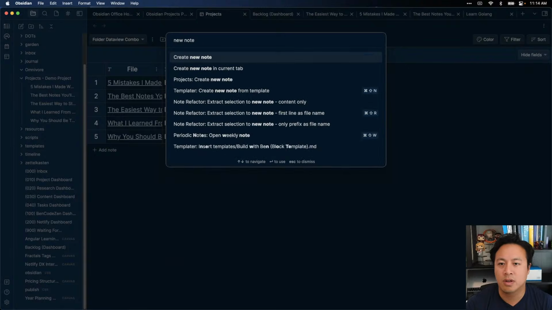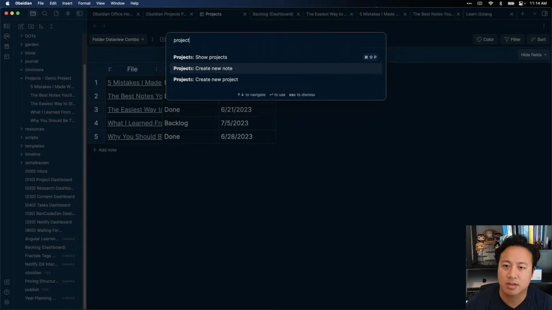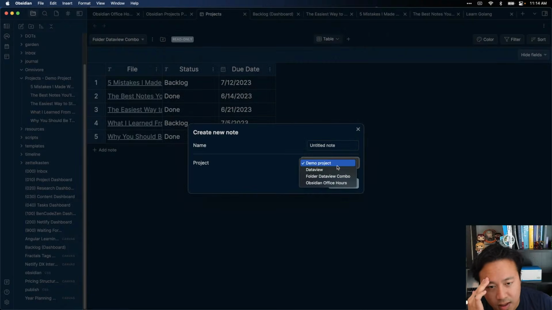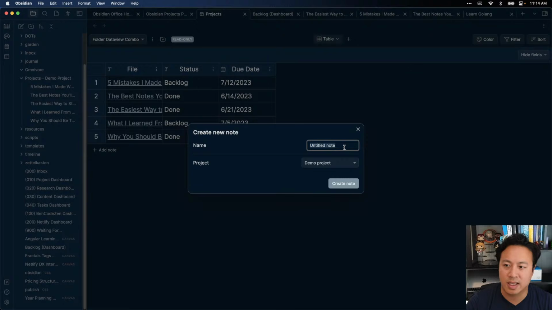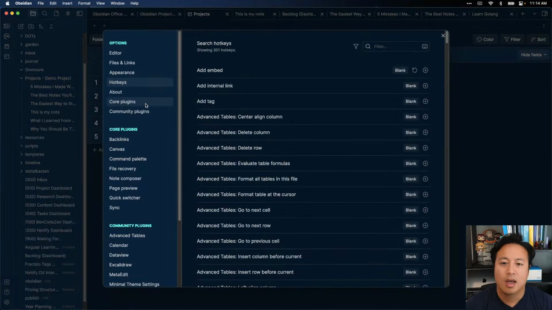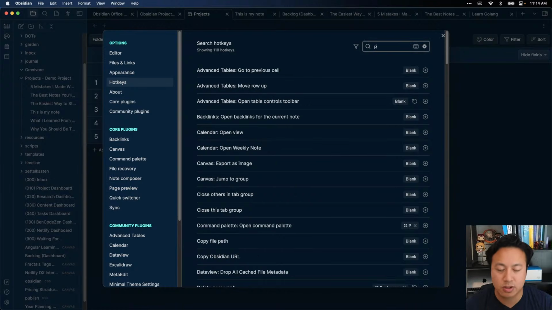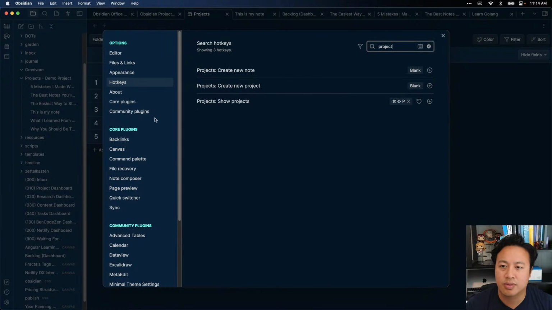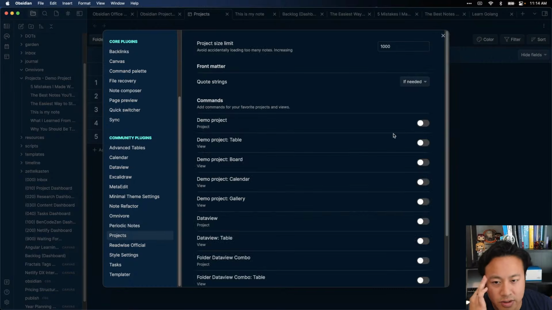So if I new note, basically, if I create a new, where is it? Project, create new note. This one. If it is inside a demo project and then I go, this is my note, create. No, that didn't work either. Okay, my theory, which still might be true though, is that projects is trying to create a new project within that context. That's what it's trying to do. Now, the only problem is,